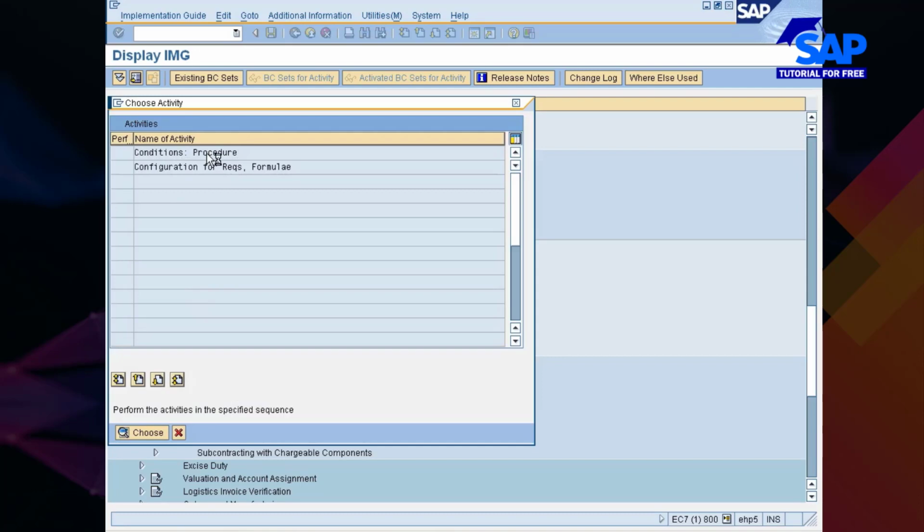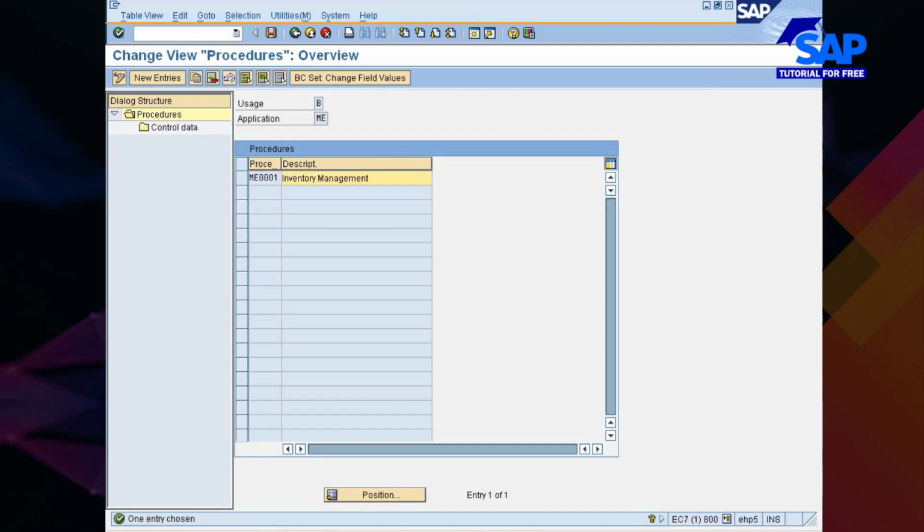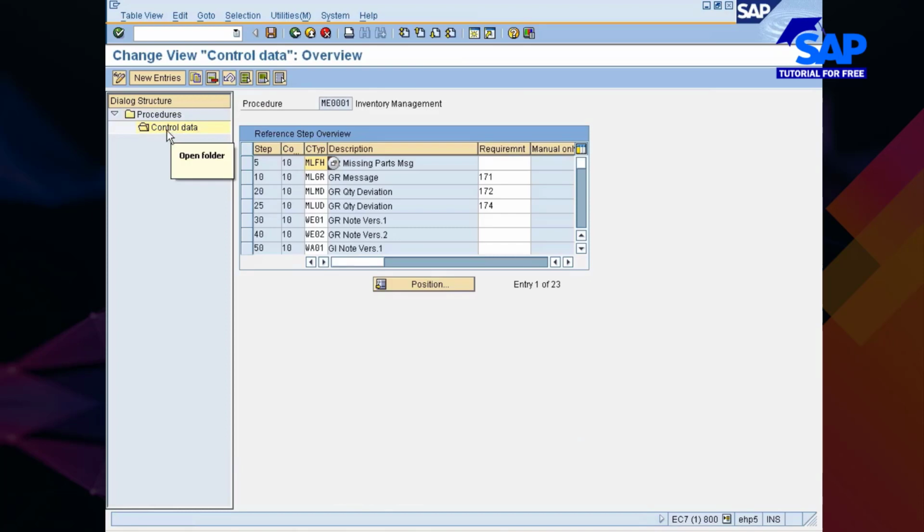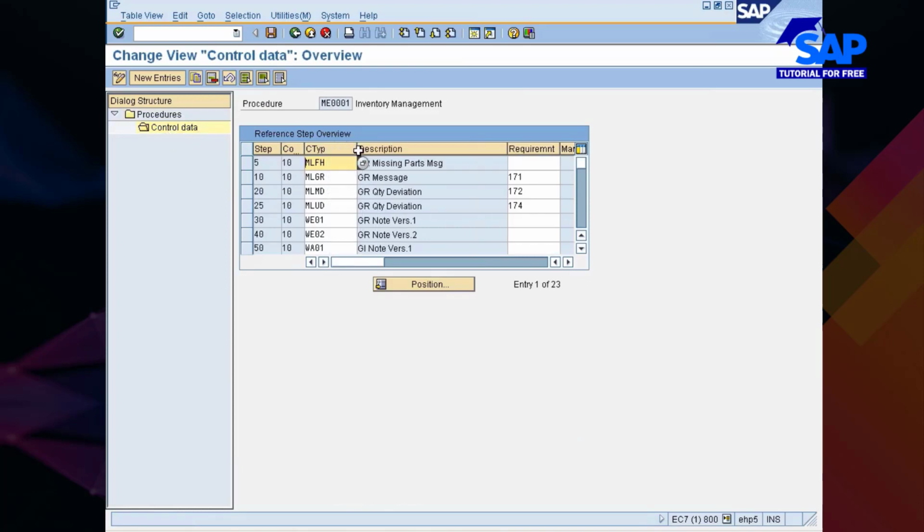Here also you will have one output determination procedure for inventory management, something like ME0001. If you select this one and go into control data, you will have various condition types. My condition type or message type for goods receipt with reference to purchase order is WE01, which is already there.